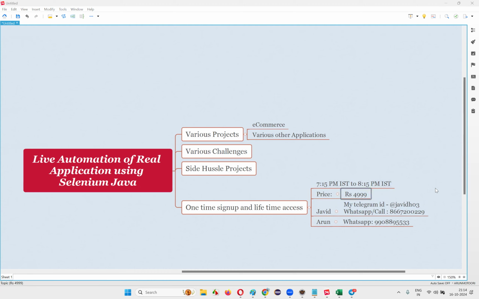Real world projects and case studies is what we want to mimic. Not fully realistic, because everything cannot be automated in the real world. For example, if you take Amazon, they will stop you from automating it. But we'll try. I'm not saying that we'll not automate, we'll try to do whatever is possible. If they restrict us, we'll stop. Something like that. Got it, Raja?